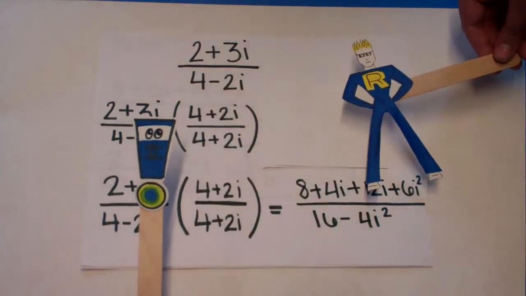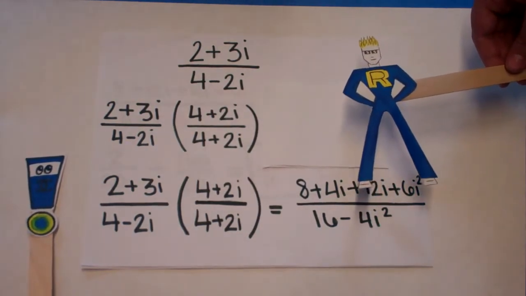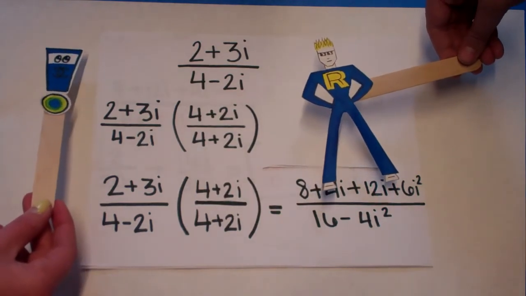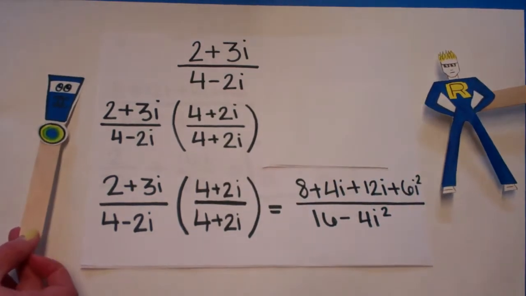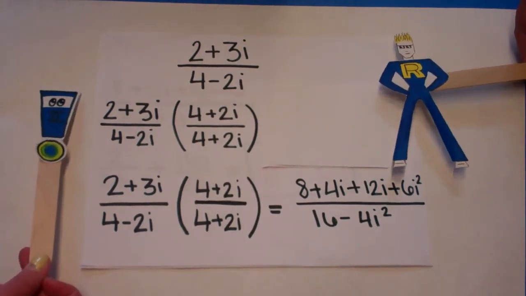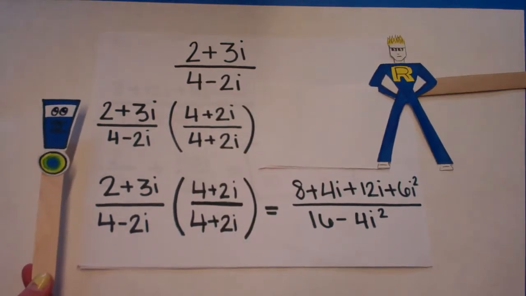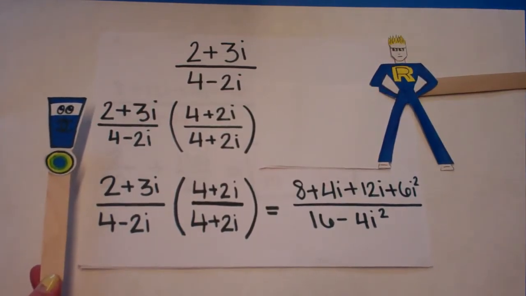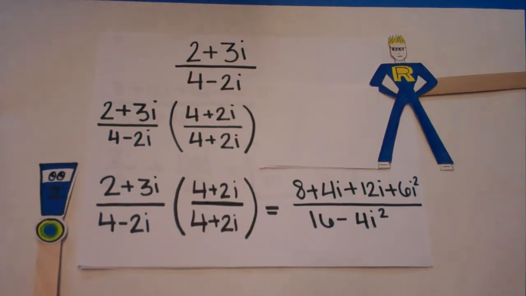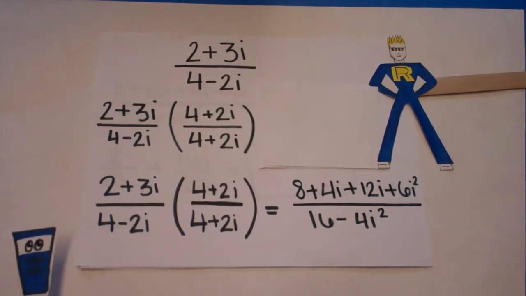No! To find the quotient of complex numbers, multiply the numerator and the denominator by the complex conjugate of the denominator. Observe. You begin by using FOIL, as shown when I eliminated i earlier, to move i to the numerator. This gives you 2 plus 3i multiplied by 4 plus 2i divided by 4 minus 2i multiplied by 4 plus 2i. From there, use FOIL again to get 8 plus 4i plus 12i plus 6i squared divided by 16 minus